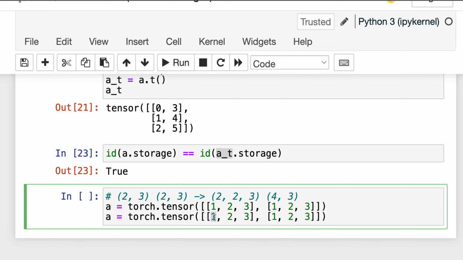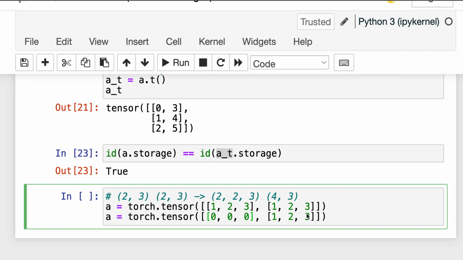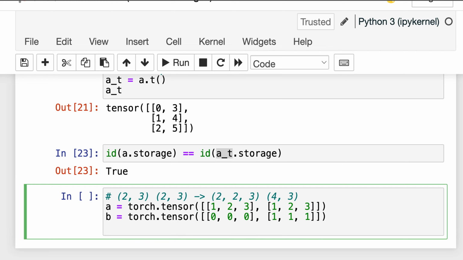Let's change it to a different value. So we have two tensors, and the shape of both of them is 2 by 3. And how can we convert them to 2 by 2 by 3 or 4 by 3? And the way we are going to convert them to 4 by 3 is by concatenation, and that is